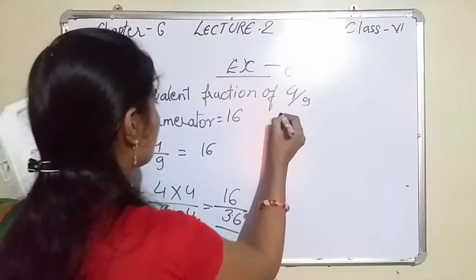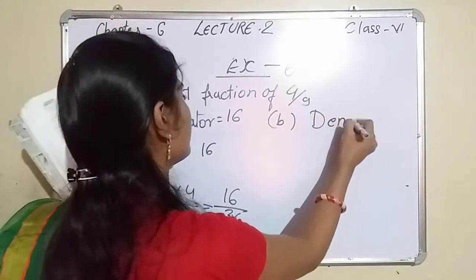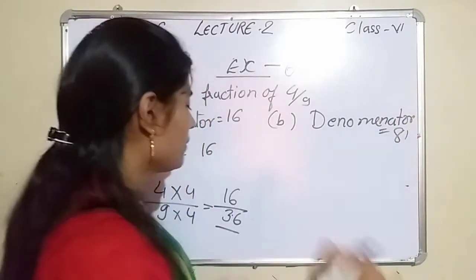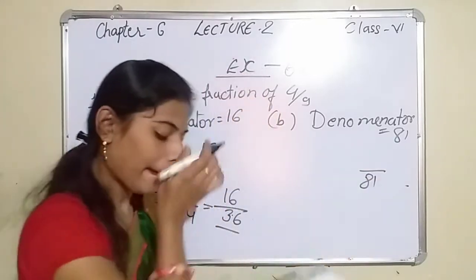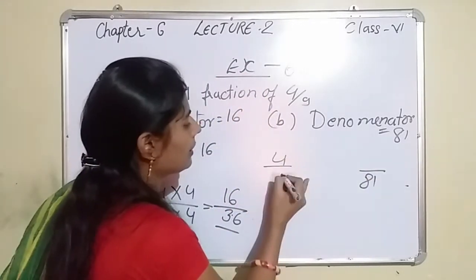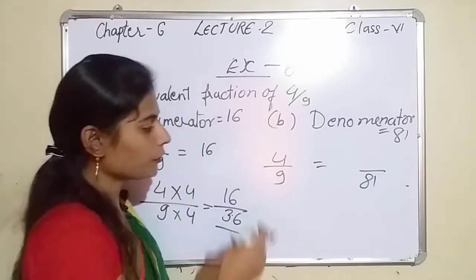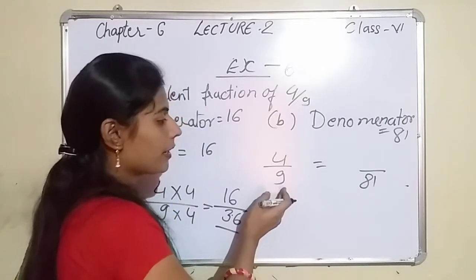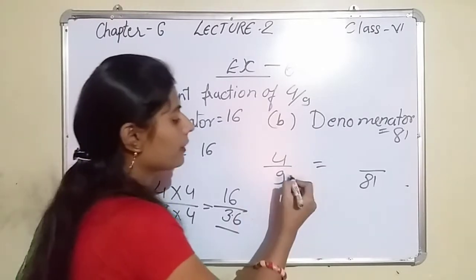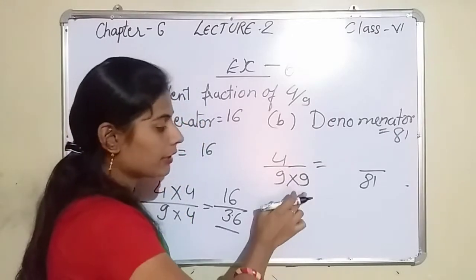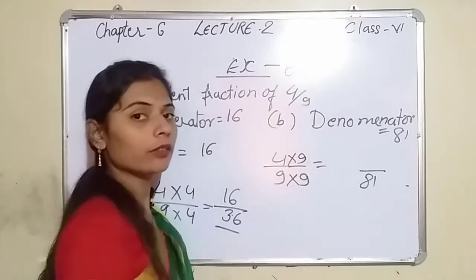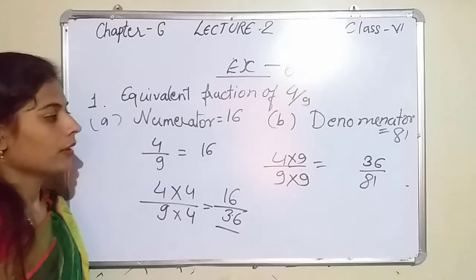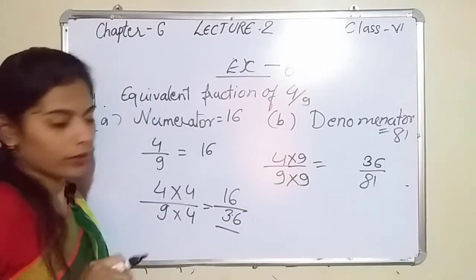Now see question number B. For denominator is equal to 81. It means you have to take the denominator 81 here. Then how are you getting the denominator 81? If 4 by 9 is given, you have to multiply such that you get 81 in the denominator. ऐसा नंबर मल्टीप्लाई करना है कि आपको डिनोमिनेटर में 81 मिल जाए. तो अगर आप इसमें 81 लाना चाहते हो तो यहाँ पे काय से मल्टीप्लाई करना पड़ेगा? 9 मल्टीप्लाई बाई 9. So when you are multiplying denominator by 9, it means you have to multiply numerator also by 9. So 9 9s are 81 and 4 9s are 36. Okay.